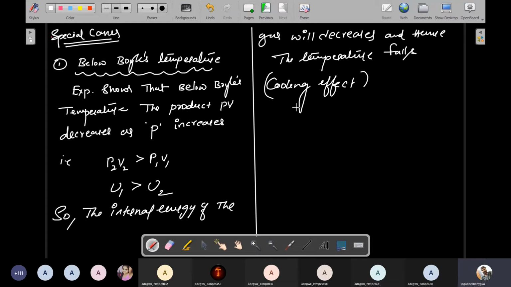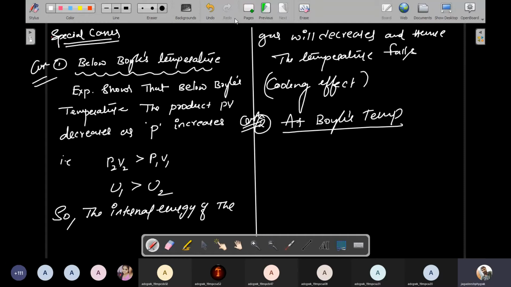Right. So simply note, everybody. Then what will happen if this experiment is maintained at exactly the Boyle temperature? Okay, so the second case is this; this is case 1, and this is case 2. In the second case, at Boyle temperature, what will happen at Boyle temperature? This experiment I'm now studying at Boyle temperature.